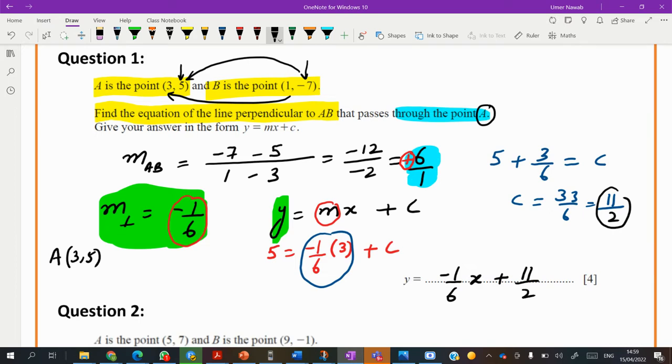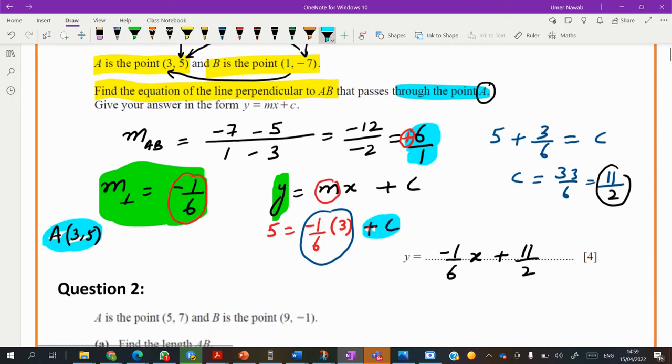Let me check it again. He gave you A and B points. The gradient of AB is (-7 - 5) over (1 - 3), which gives you +6, and the gradient of the perpendicular line is -1 over 6, and it is passing through point A. Then we substituted the point and the gradient in the equation of a line to get the value of C. Then we found out it came to us,